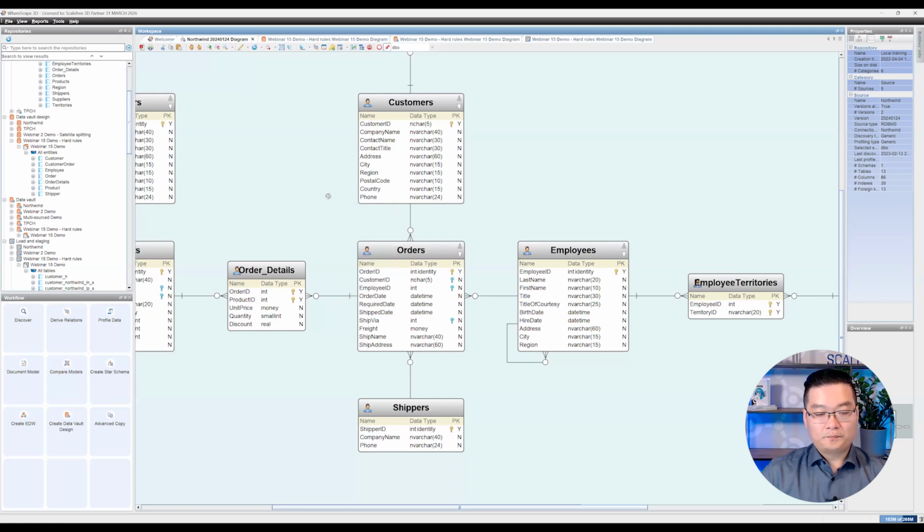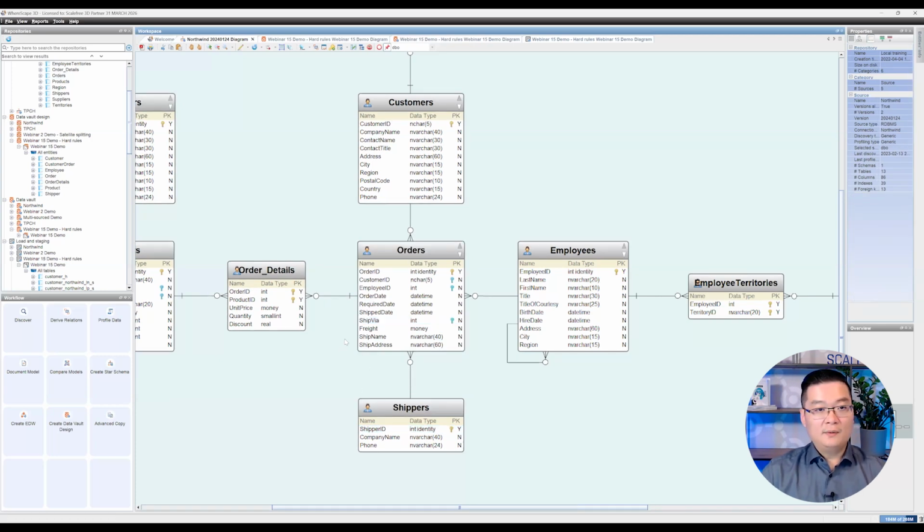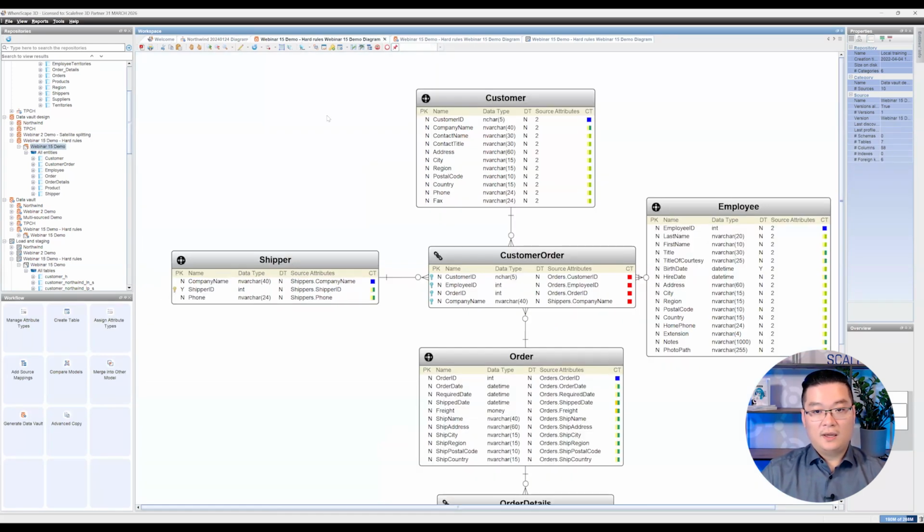Already in the source model, you see that we could import the foreign key relationships from the source database, which is a good thing. If that is not available to you, you will have to create them manually by simply dragging and dropping the foreign key to the respective primary key of the referenced table. But we don't have to do that here, fortunately. Then we can move on to the